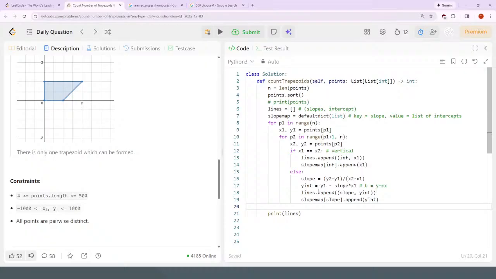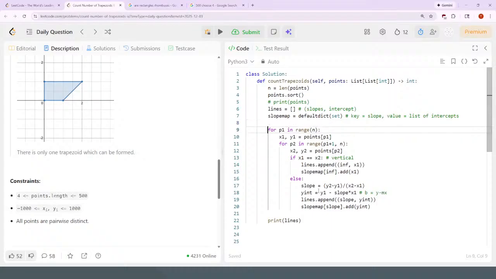Maybe it should be a set because the y-intercept can be the same. Yeah, maybe it should be a set. In which case, if you add, and then I'll do the line